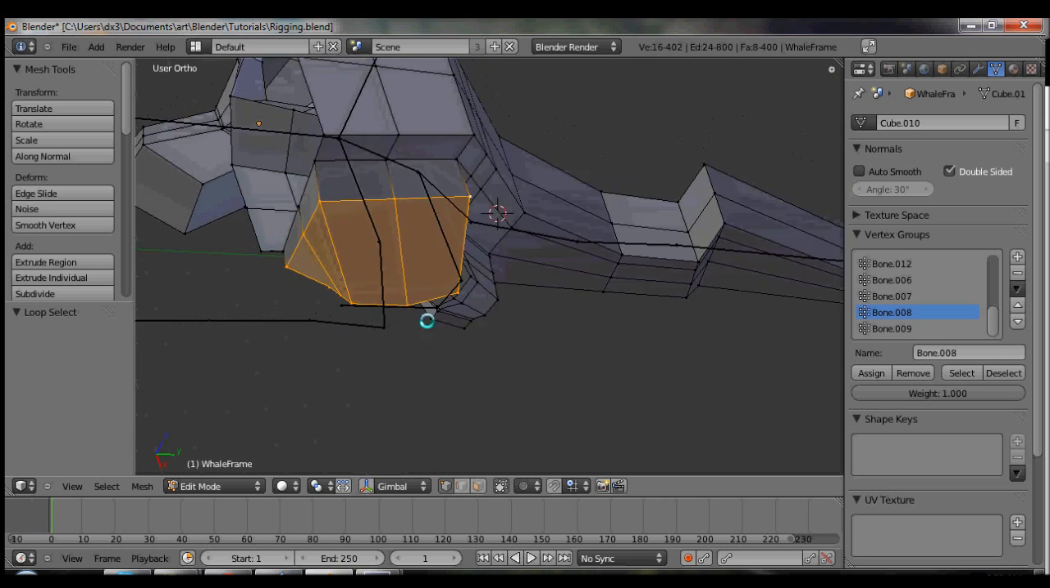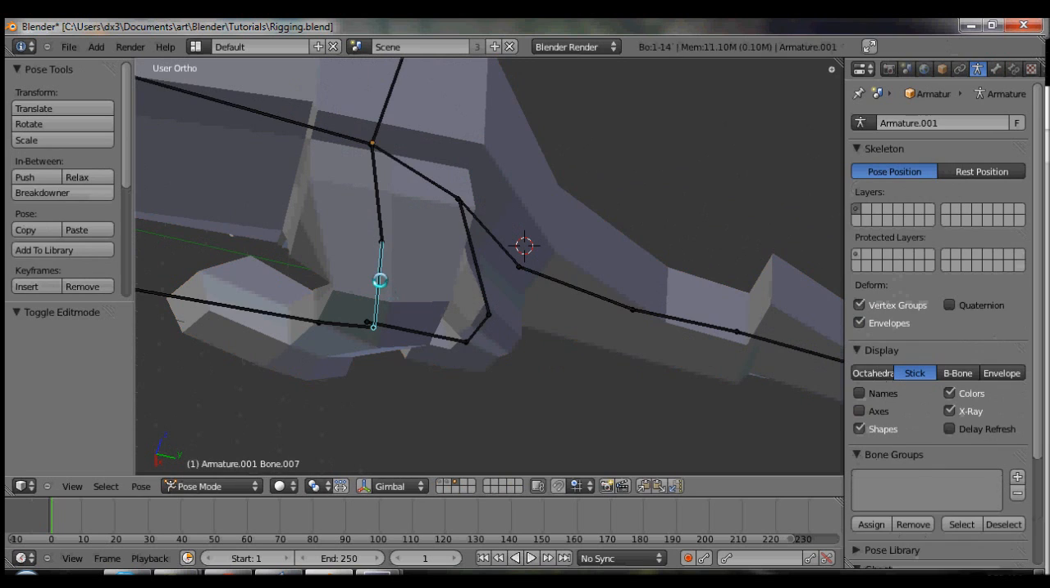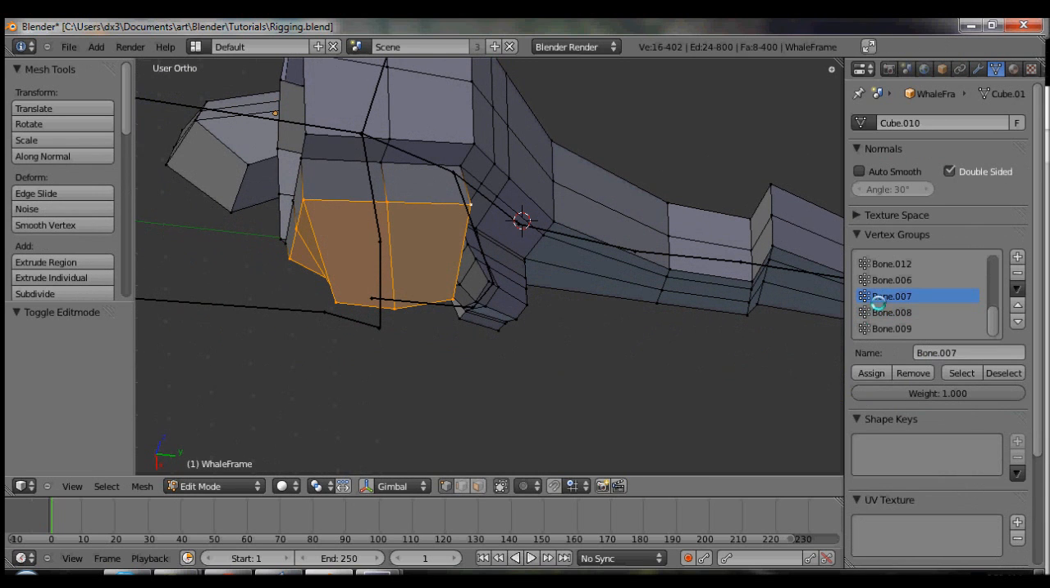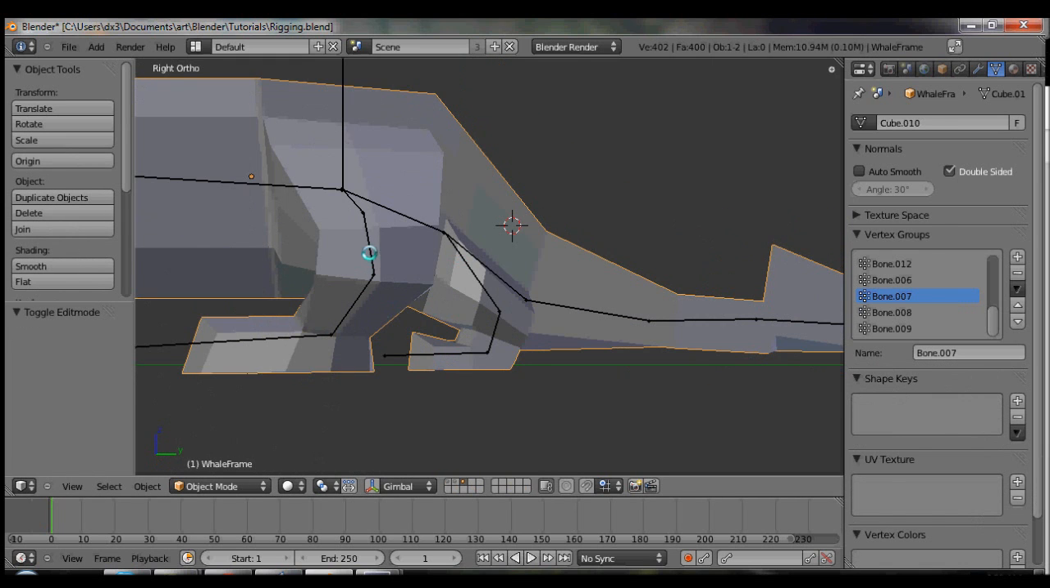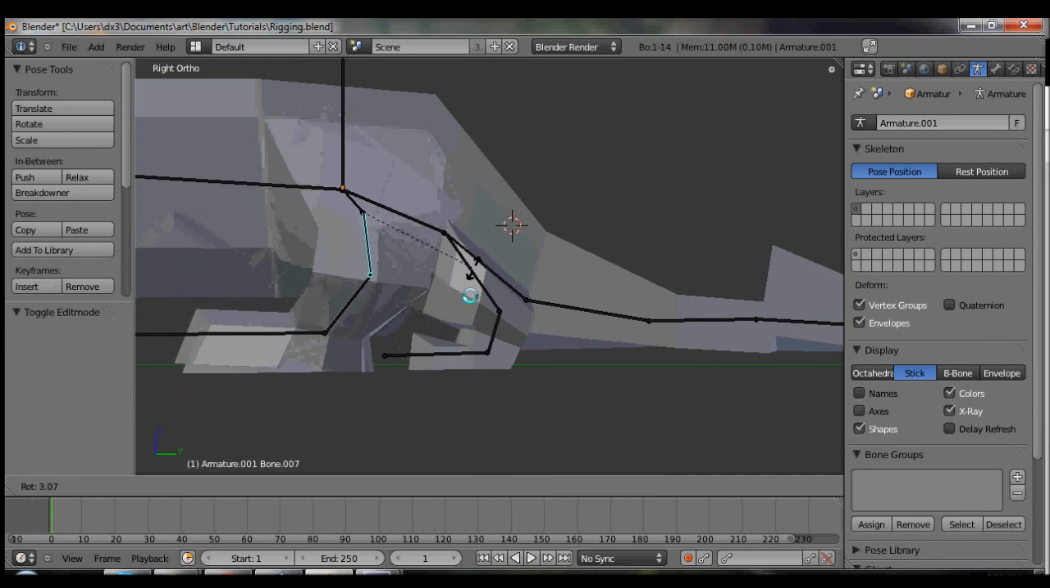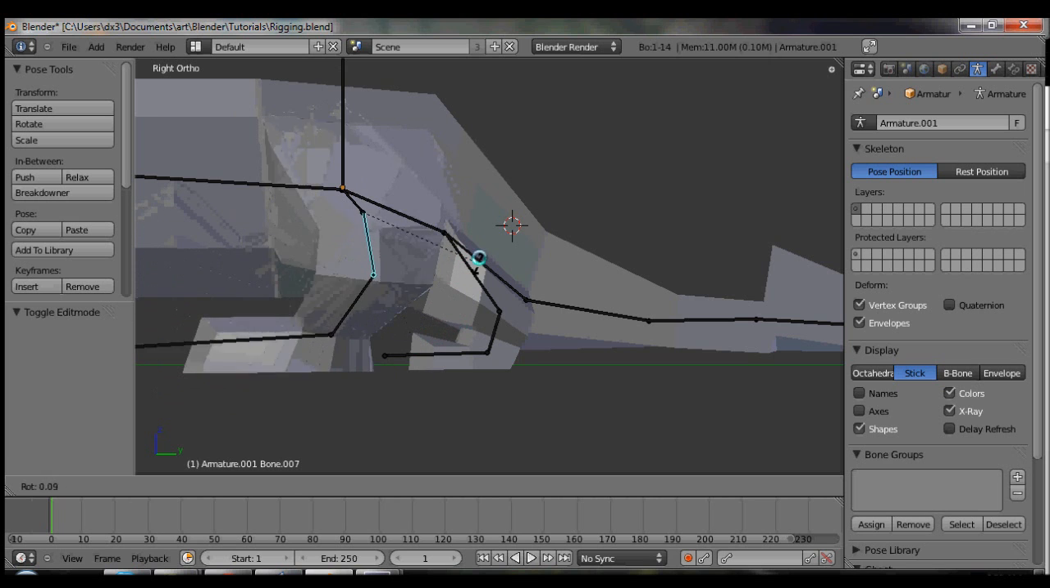I want those to go to that bone. And I would bet you that that bone's named bone 7, but let's check. Bone 7. Okay, so let's assign it there. How'd we do? Okay. Now,